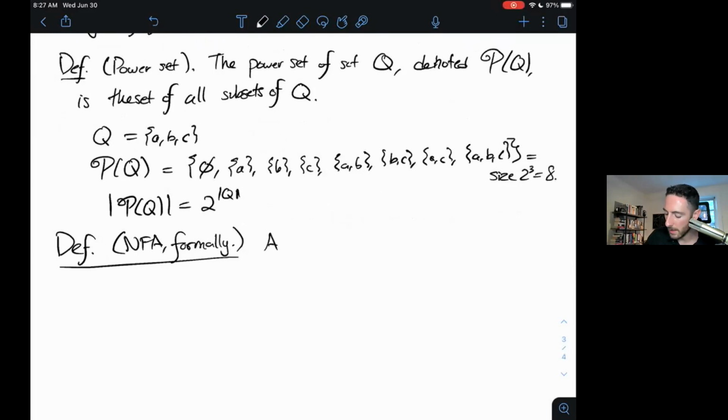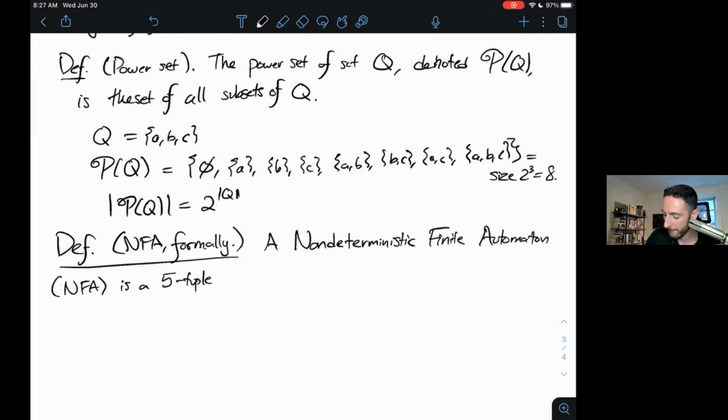So a non-deterministic finite automaton, also known as an NFA, is a 5-tuple Q, sigma, delta, Q0, F, just like for a DFA,